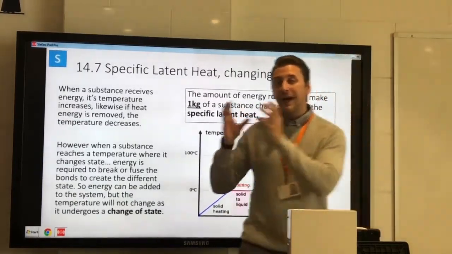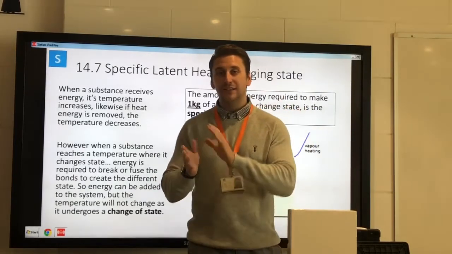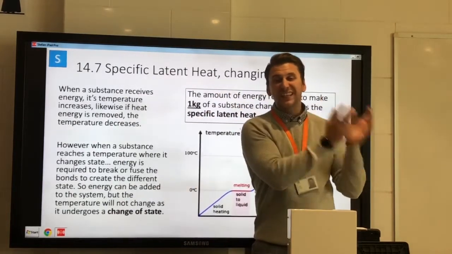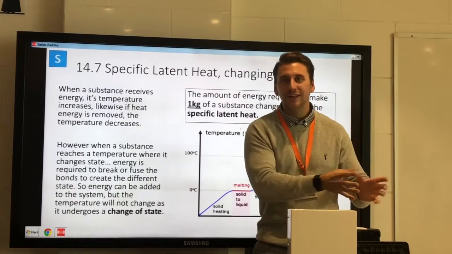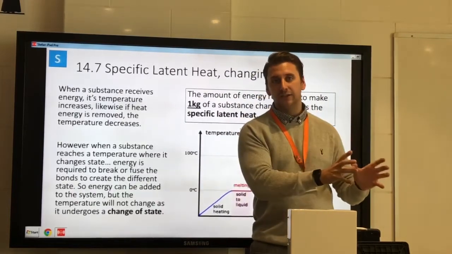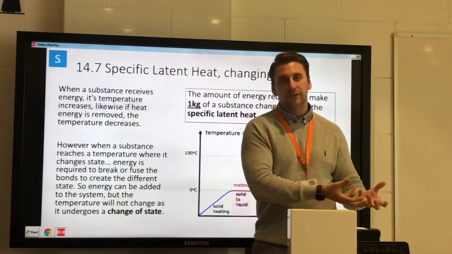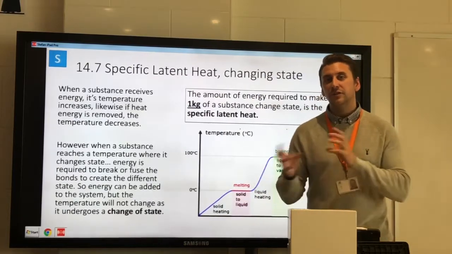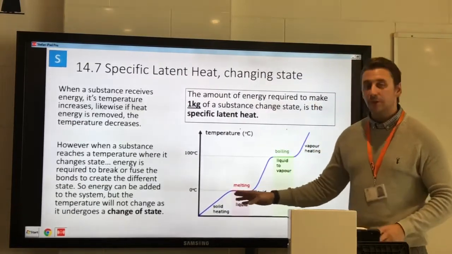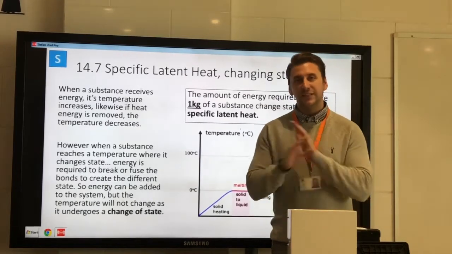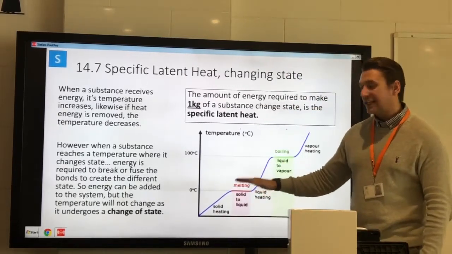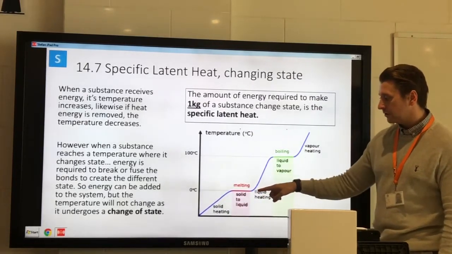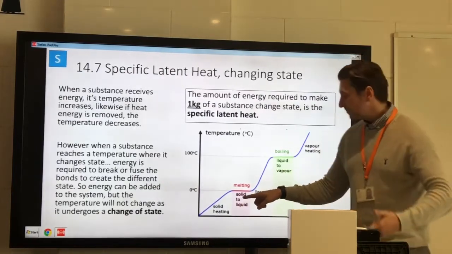So specific heat capacity is how much energy is required to change the temperature of 1 kilogram by 1 degree Celsius. Specific latent heat is how much energy is required to change the state of 1 kilogram, units of which are joules per kilogram. So specific heat capacity C, specific latent heat capital L, two different definitions. Specific heat capacity is all about temperature changing, specific latent heat is all about the state changing. No change in temperature at a state change on the graph: it increases in temperature, it stops at 0, so it's horizontal while it's melting, while it's undergoing a state change. The temperature then goes up.